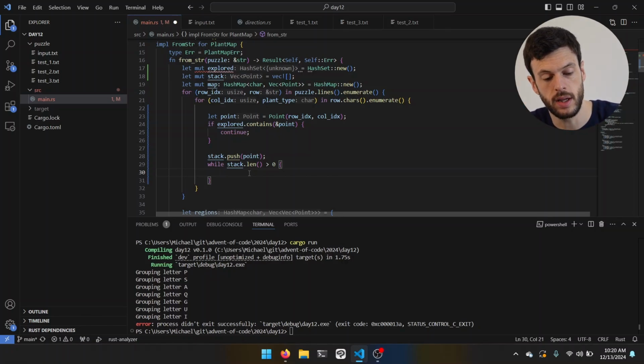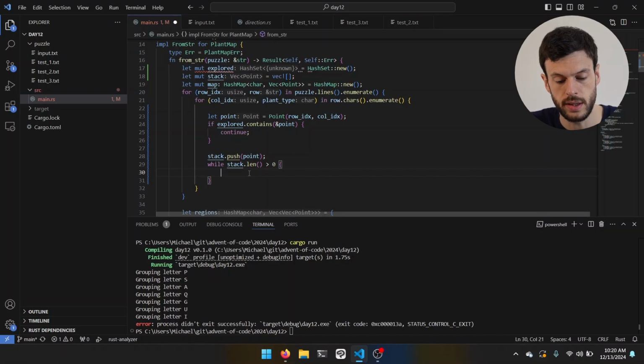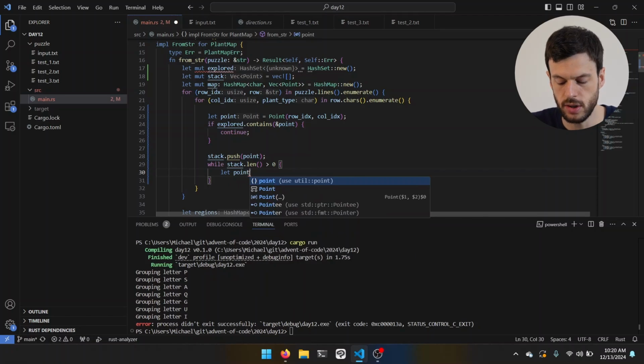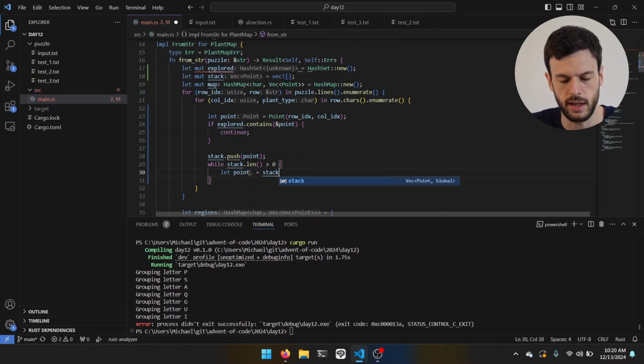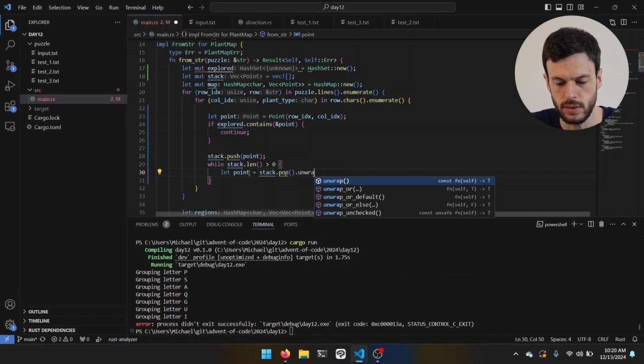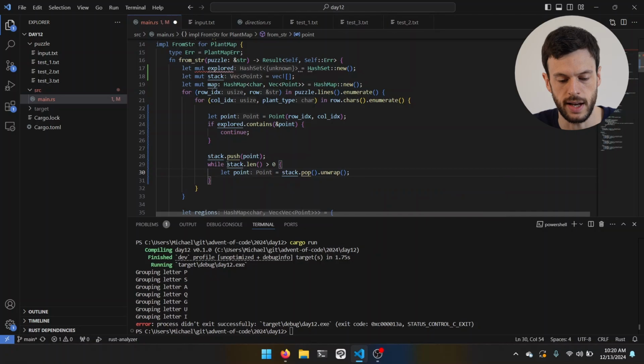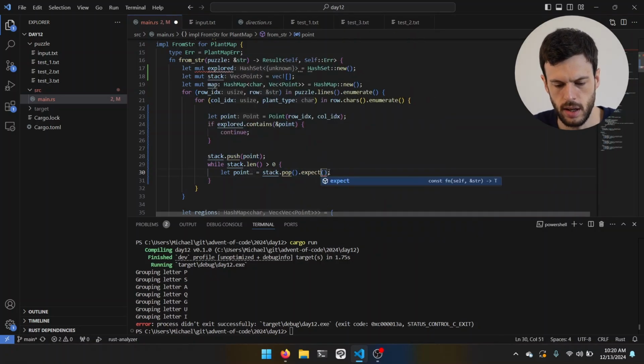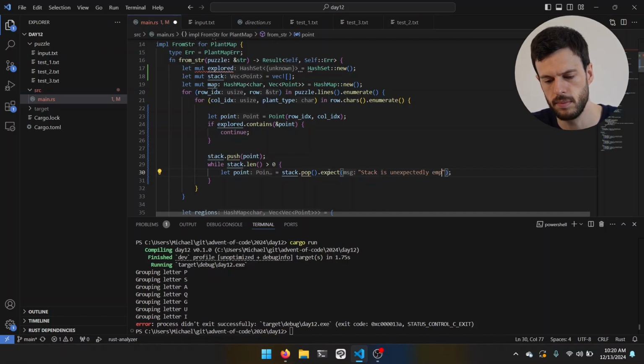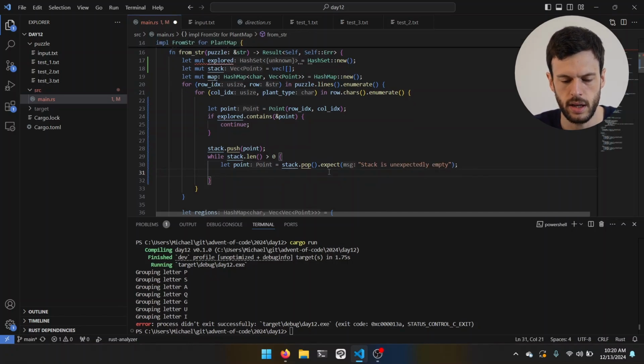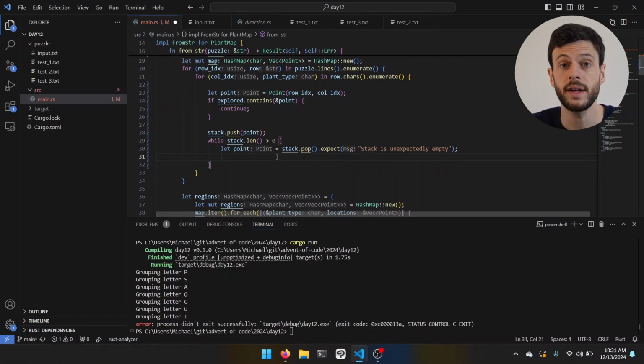Okay, while stack.length is greater than 0, we want to take the point that is on the stack. I'm just going to reuse point because we don't really need it anymore. So I'm going to pop. I am going to unwrap because we've just checked that the length is non-zero here. Maybe I'll turn it into an expect: stack is unexpectedly empty. Okay. With that point, I want to explore in every direction. And I also want to check if